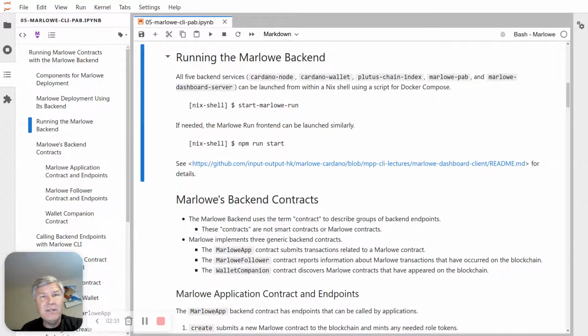Furthermore, if you actually want to use a web browser and run Marlowe Run locally, not with the Pioneers deployment, you can do an npm command to start the front end. So there are a lot of details about configuration and how to set this all up and how it actually works. I'm not going to go into that now, but I just wanted to mention that you can even run